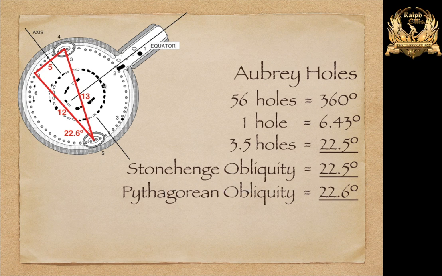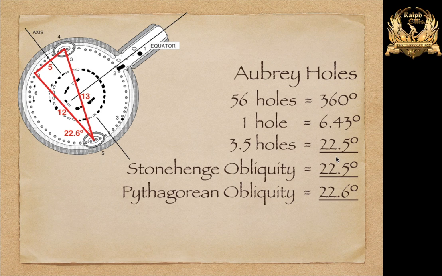And from this Pythagorean triangle, we get 22.6 degrees, and that is the closest we can possibly get with a Pythagorean triangle to our favorite 22.5 degrees. This is a confirmation that this is the angle they are looking for, the designer of this site, that the yellow